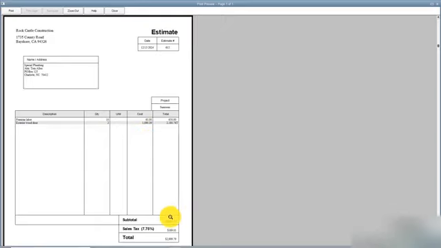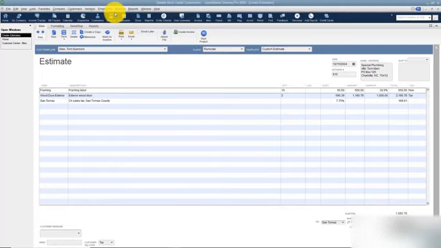At the bottom they see subtotal, sales tax, and total, and of course you can customize this to look any way you like. I'm going to go ahead and hit close at the top, and that'll take me back to my estimate. You can also, under print, save this as a PDF again, and you can also do a mail merge with Microsoft Word